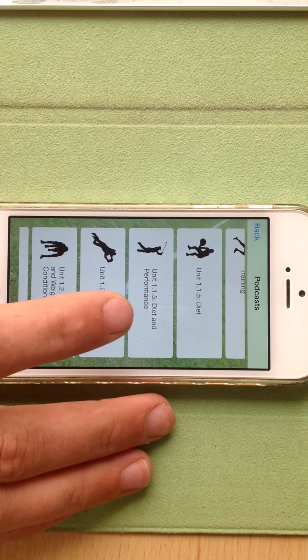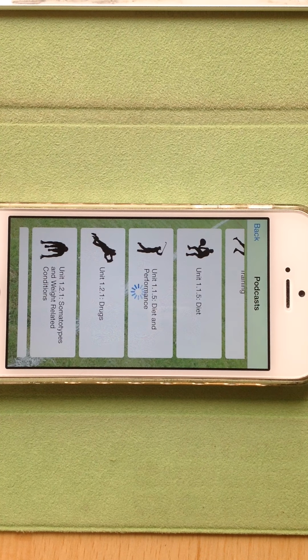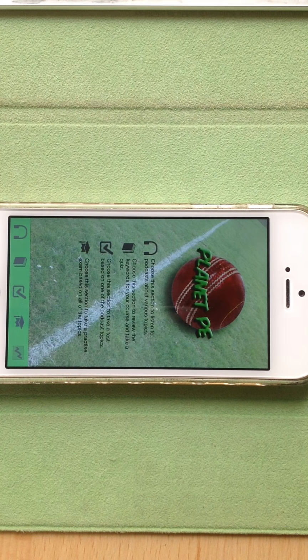With the podcasts, if we have a look at something like drugs in sport, if I was to click it, you hear it say: in this next podcast, we're going to look at performance enhancing and recreational drugs. You start to hear them play. So if I then come back out of it,